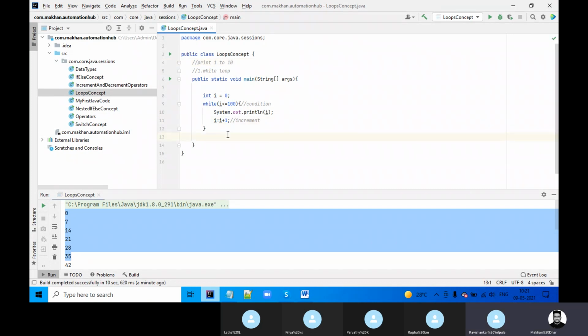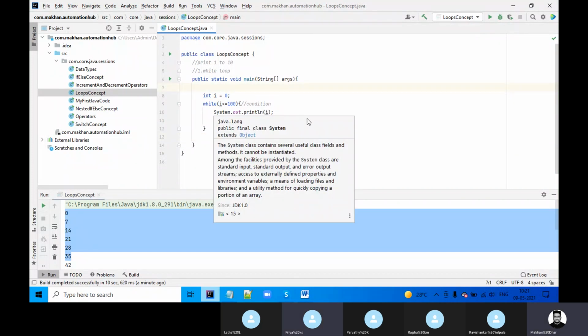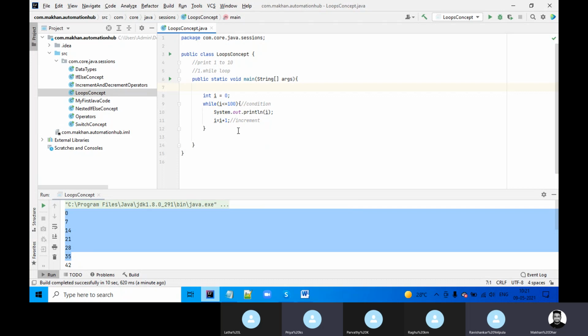Any questions so far on the while loop? Instead of I plus 1, can we give I plus plus? That is also supposed to increase by 1, I plus plus. Yeah, true, that's fine.